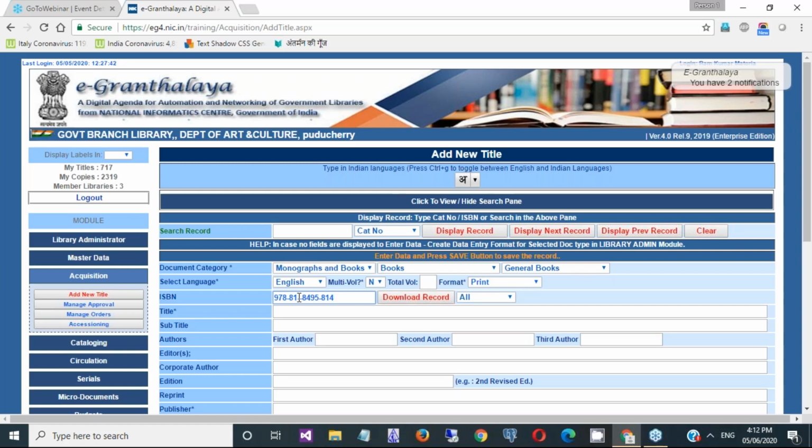It means that this ISBN record is not there in the database. Then -0. So after typing the ISBN number, I will show you 2 examples where no record is already there, for which I am just typing now. For another example, we will take one where a record is already there in the e-Granthalaya software.